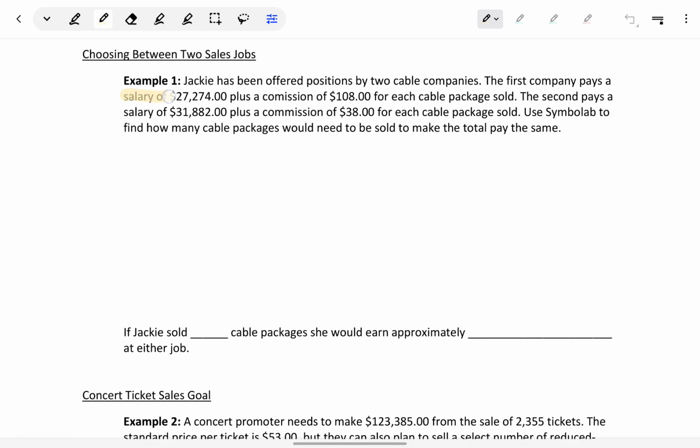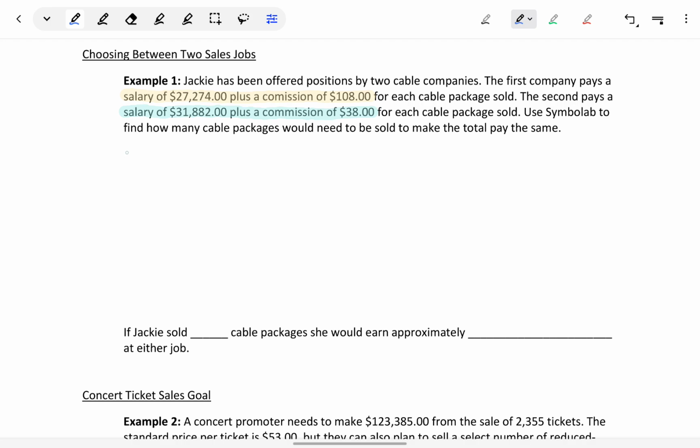They have the salary of about $27,000 plus the commission of $108. Then we have the second position, which has a salary of almost $32,000 plus the commission of $38 for each cable package sold. What we're going to do is translate that information into a pair of linear equations, which will